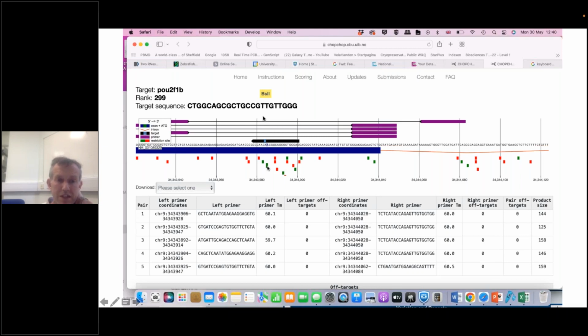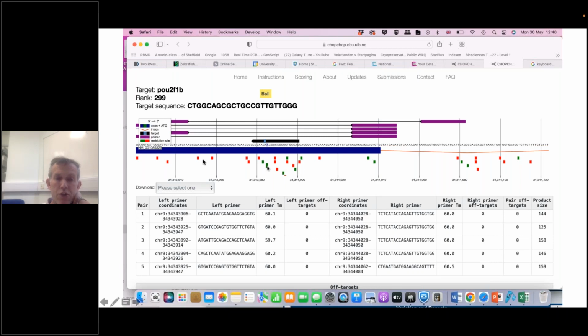So it means that if you have a guide that will cut over here and will create insertions and deletions at this particular site, this will destroy the restriction site, and you will be able to see this and evaluate this on a gel, very soon after you've done your injections. You can also, as I said, get this list of primers that you can order along, and you can use those then to evaluate whether your guide is working.